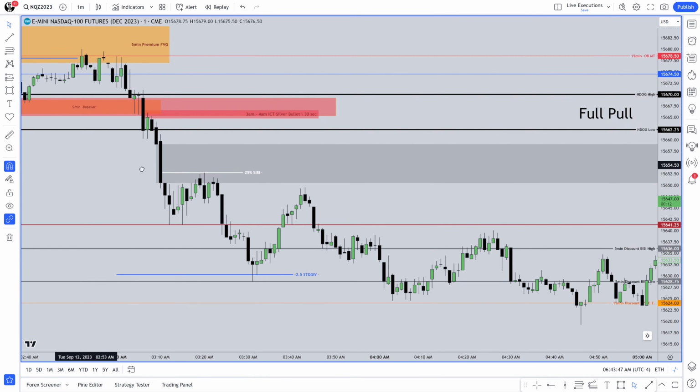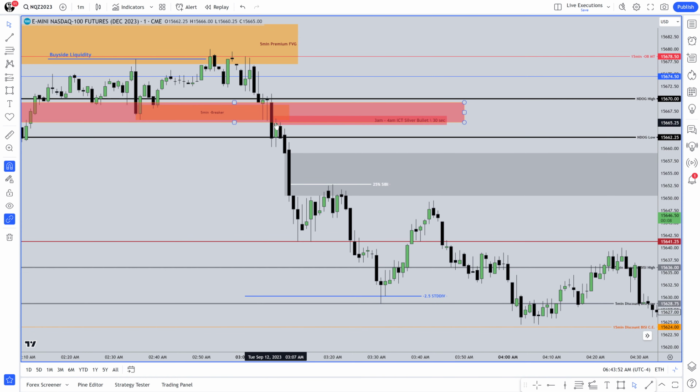All right, and that's the inversion fair value gap. It trades up into here. So that's what I was referring to. Not much in terms of difference between this one here, but it's still nonetheless hitting it. And we're seeing it hit it right there on that candle too. Boom. Where it falls short of that 5-minute breaker. This candle doesn't touch that. This one does touch the